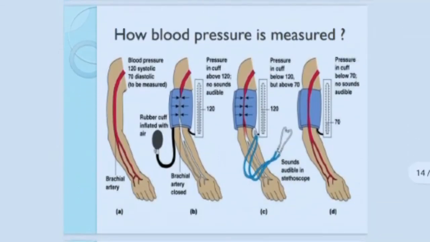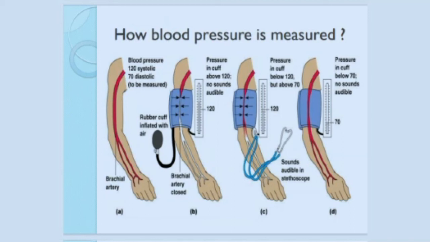How is blood pressure measured? Now you know that blood pressure is measured with an instrument called a sphygmomanometer. The first step is a cuff is placed around your arm. You may see in figure B. A cuff is placed around your arm and inflated with a pump until the circulation is cut off. A small valve slowly deflates the cuff and the doctor measuring the blood pressure uses a stethoscope placed over your arm to listen for the sound of blood pulsing through the arteries.